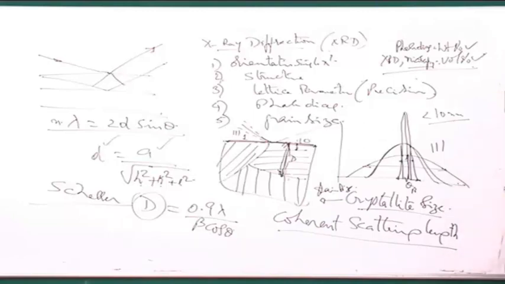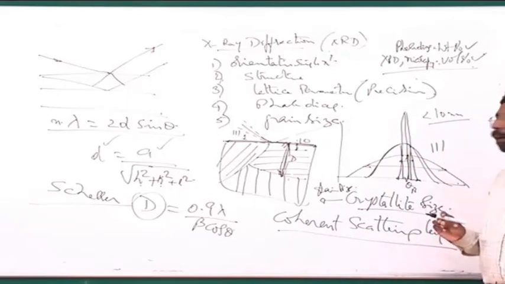So whenever somebody is working on nanomaterials, all these questions come into the picture. What is the particle size? What is the grain size? XRD gives you actually a crystallite size, which may even be a subgrain size. But if there are no subgrains in your material, what it is giving you is a grain size, which is actually a coherent scattering length. But this is also not so easy.